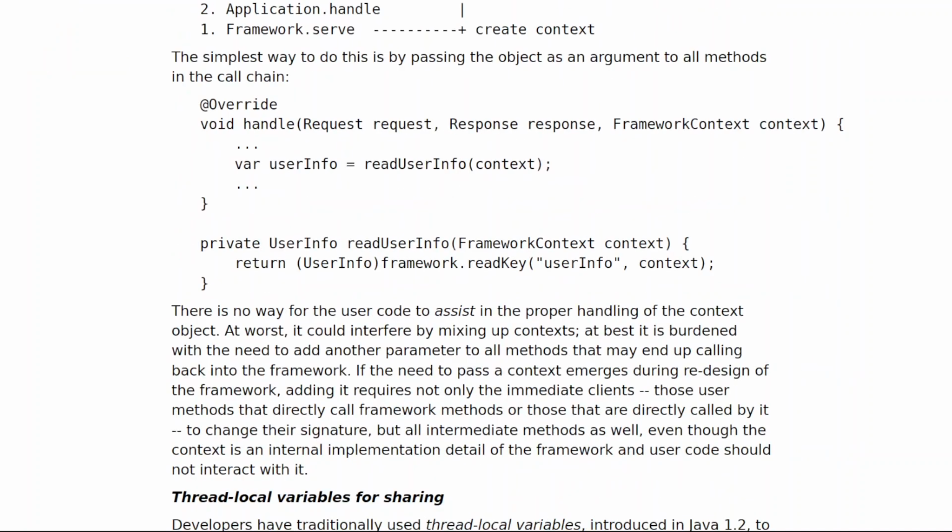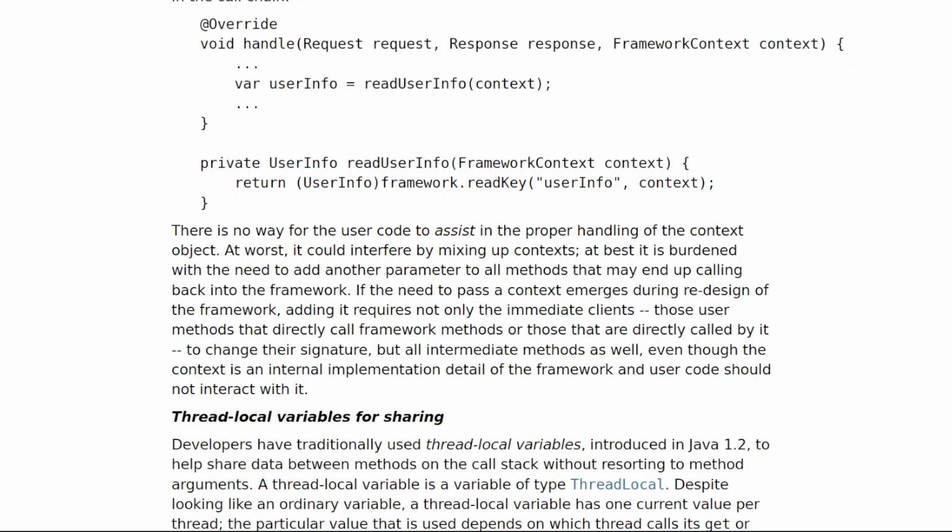@Override void handle(Request request, Response response, FrameworkContext context) { var userInfo = readUserInfo(context); } private UserInfo readUserInfo(FrameworkContext context) { return framework.readKey("userInfo", context); }